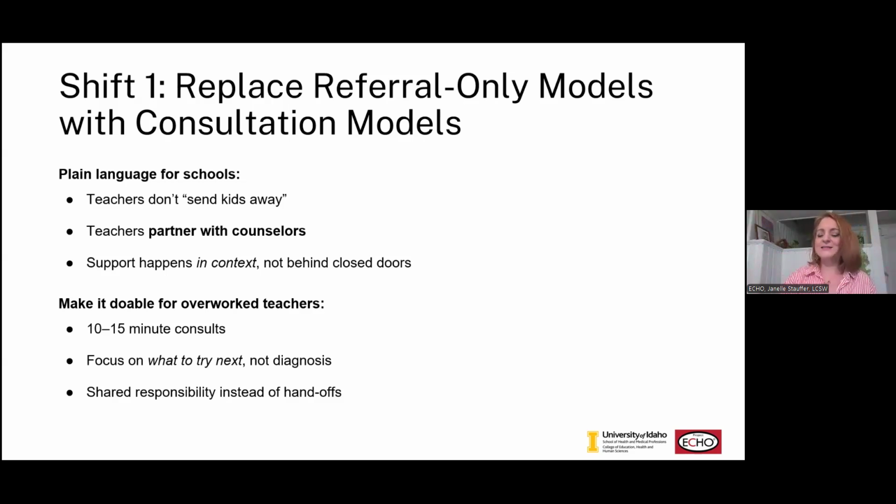What we want to do instead is support them where the stress is showing up. So we might, in these kinds of conversations, ask questions like, what is happening in this system that might be contributing to what is going on here? What are the built-in supports within the system that allow us to respond? And so it shifts responsibility not on one individual teacher, not on one individual counselor, and puts the responsibility on the system entirely. We'll expand more on this next one.